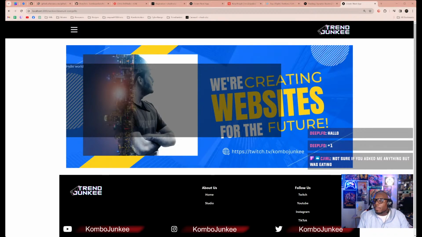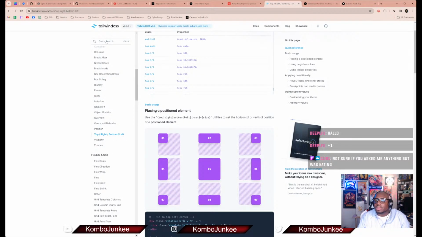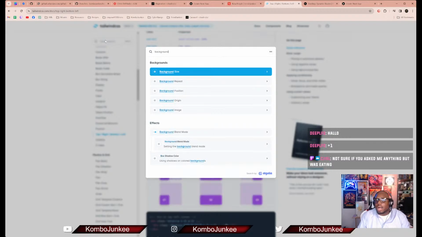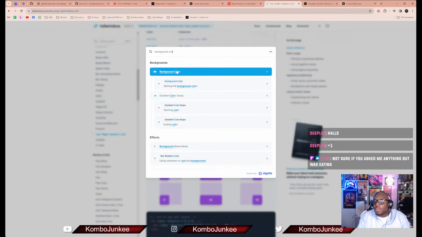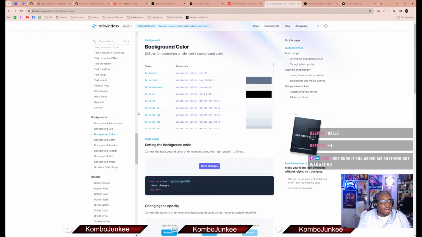So let's drop our opacity. We do want opacity, but we don't want the opacity on the whole DOM. We actually just want the opacity on that background black. So let's see how to deal with that real quick. Let's do background color, and then let's see how we deal with the alphas. If folks are familiar with the RGBA,